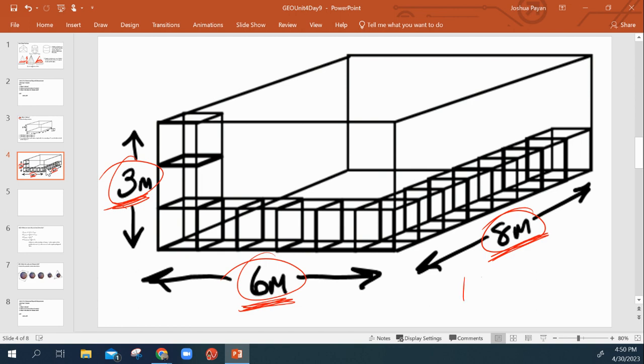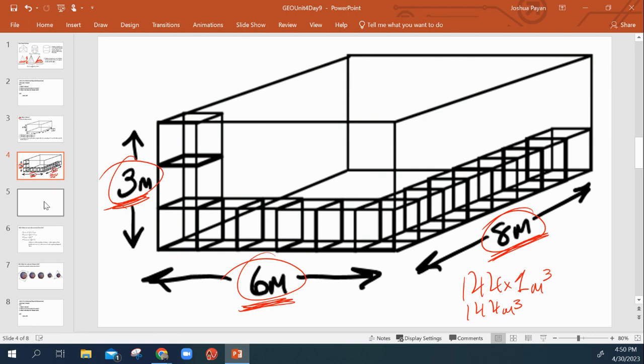So that would be 144 1 meter cubes, we'll say, right? Or also known as 144 cubic meters, right? So that's how many cubic meters it would take to build this rectangular prism, this box that we see here,